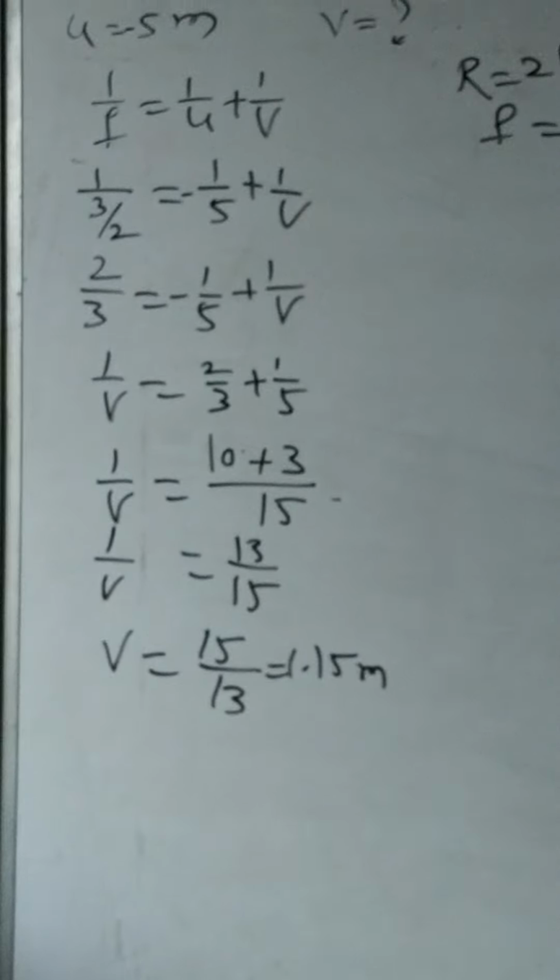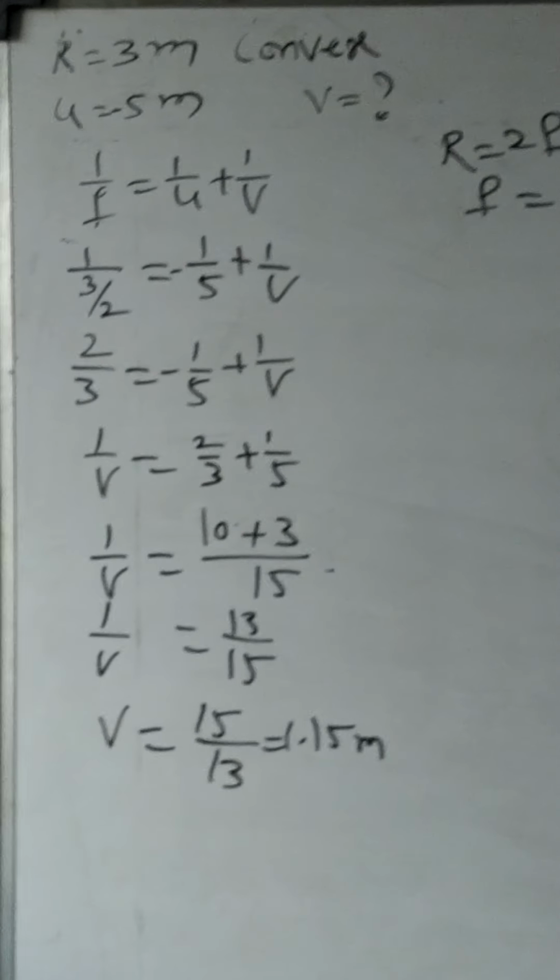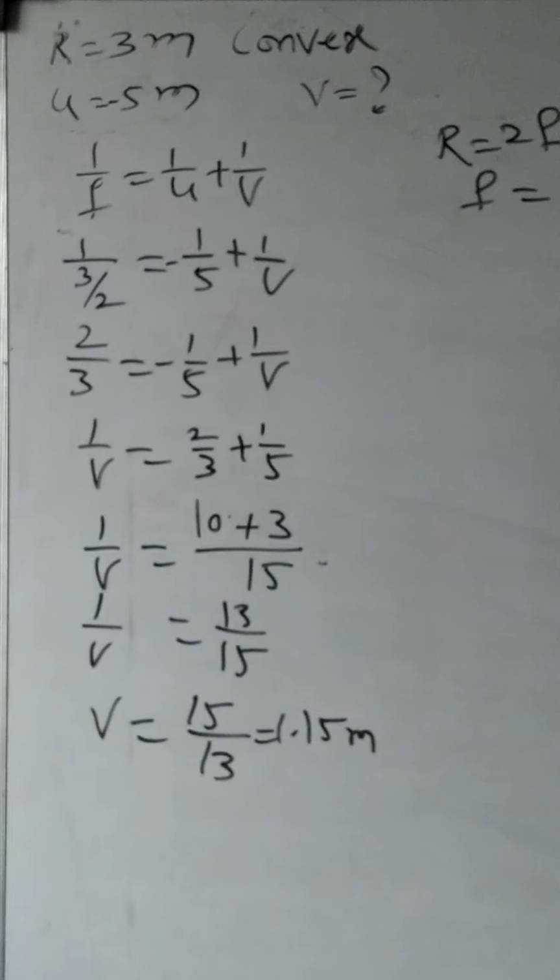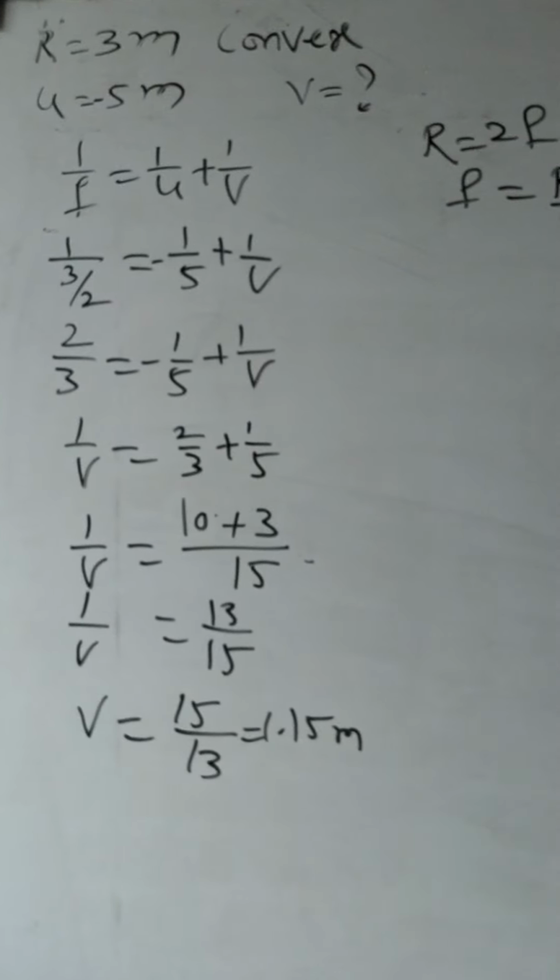So what he is asking is how the image forms. Let us find the magnification. You know the magnification formula: M equals minus V by U, or HI by HO. Magnification means the ratio of the size of the image to the size of the object, or in terms of height, the height of the image to the height of the object. In this problem height is not given. What is given? Object distance U and image distance V. So we don't need HI by HO. We need M equals minus V by U.